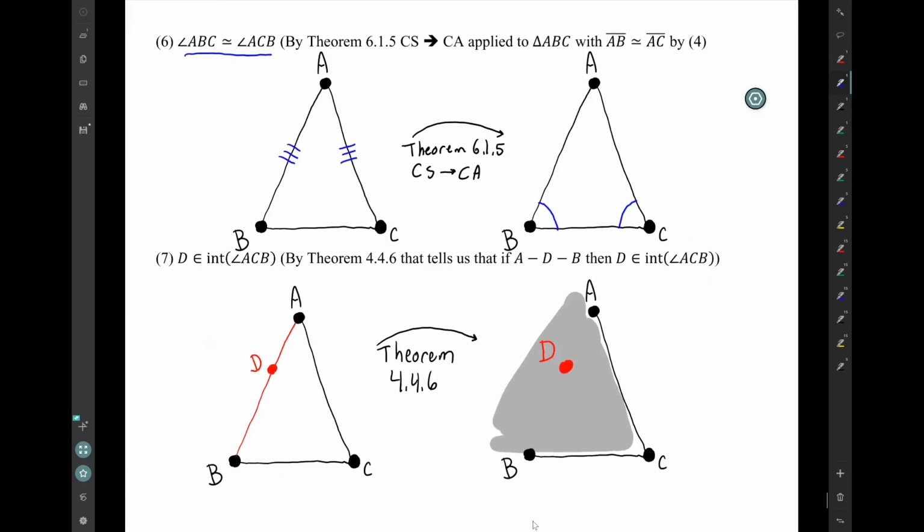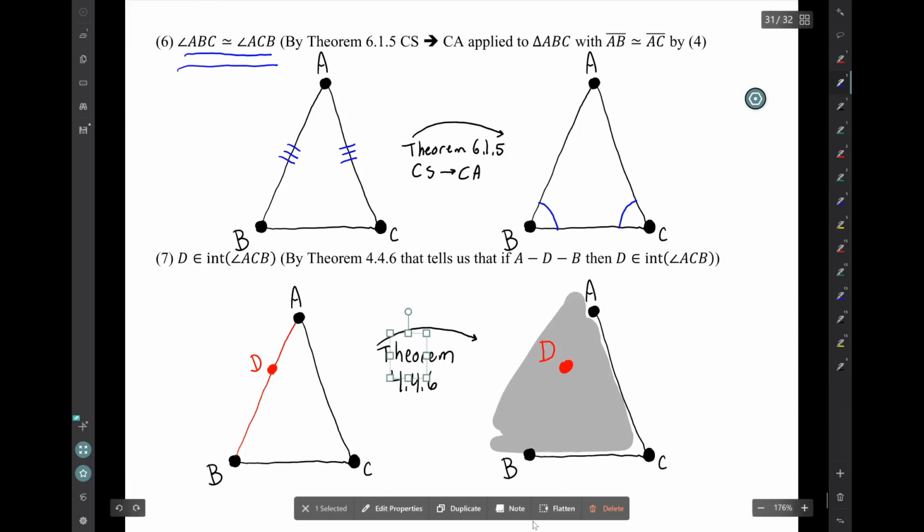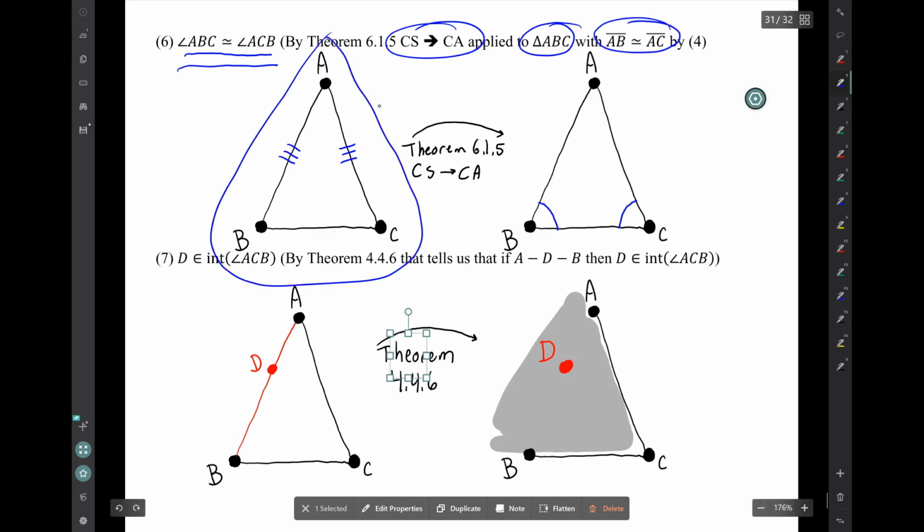And then finally we can say that this pair of angles is congruent. Now that's by the CS arrow CA theorem, and it's applied to triangle ABC with known sides AB and AC being congruent. Now notice again, I draw an illustration showing only the objects mentioned, and notice that when you use the CS arrow CA theorem, you have to mention what triangle you're applying it to and what sides you know